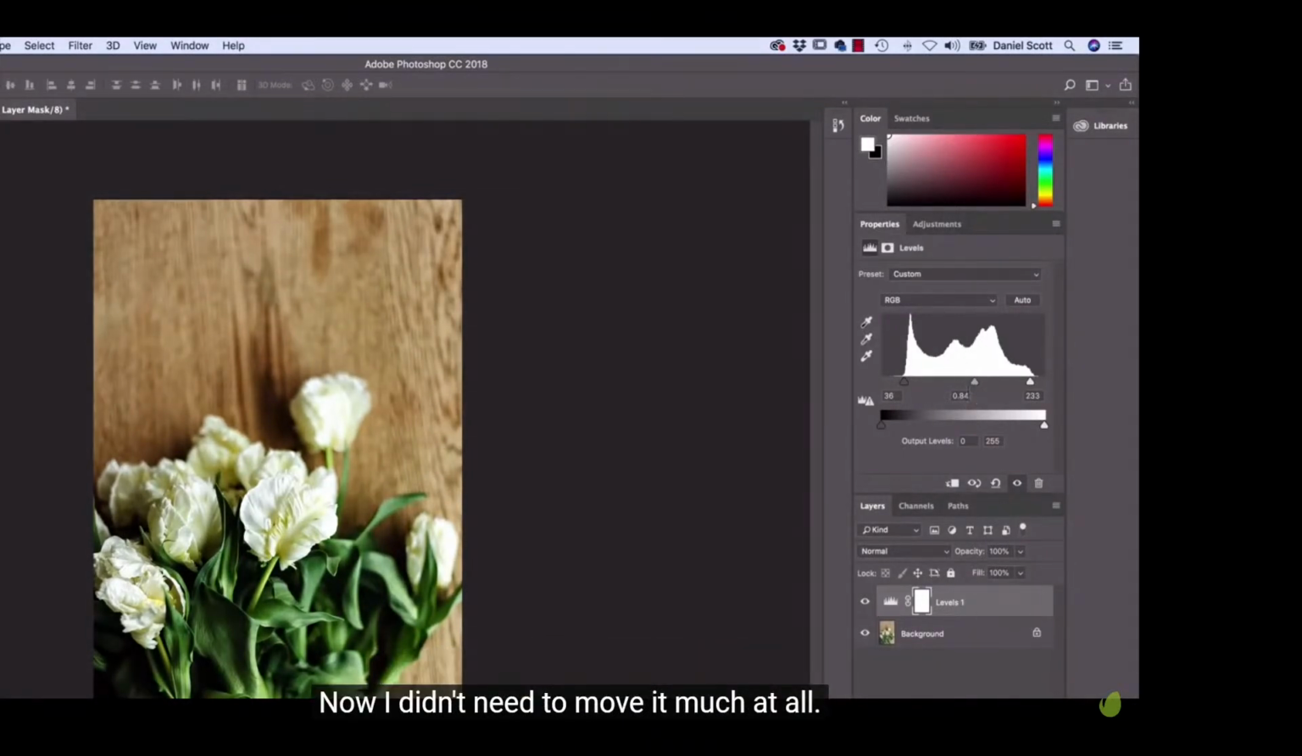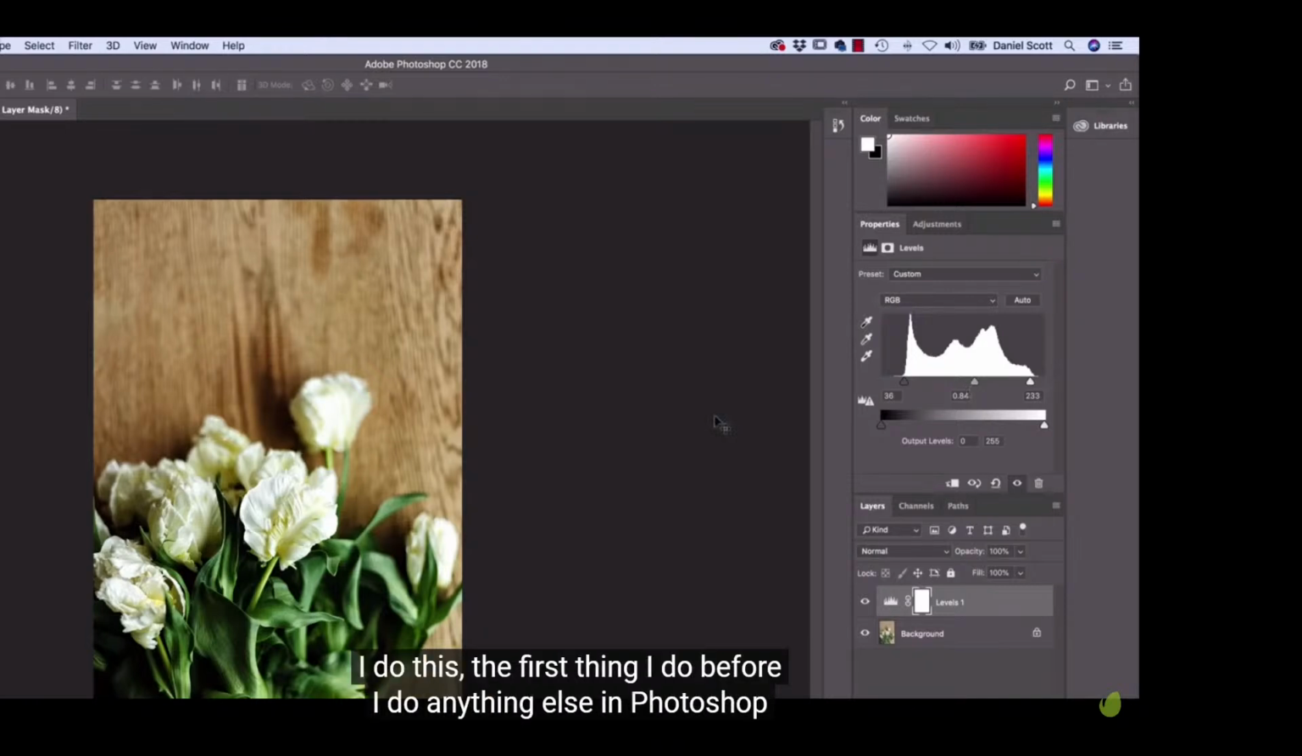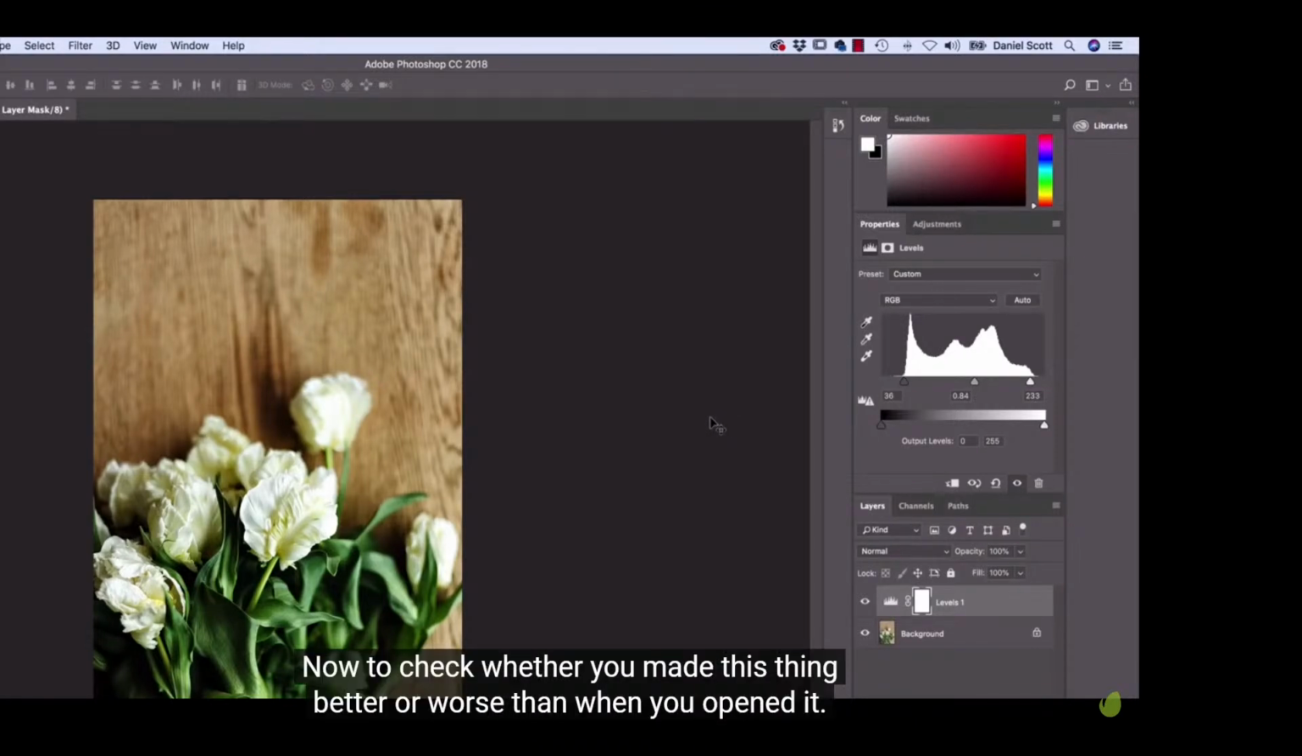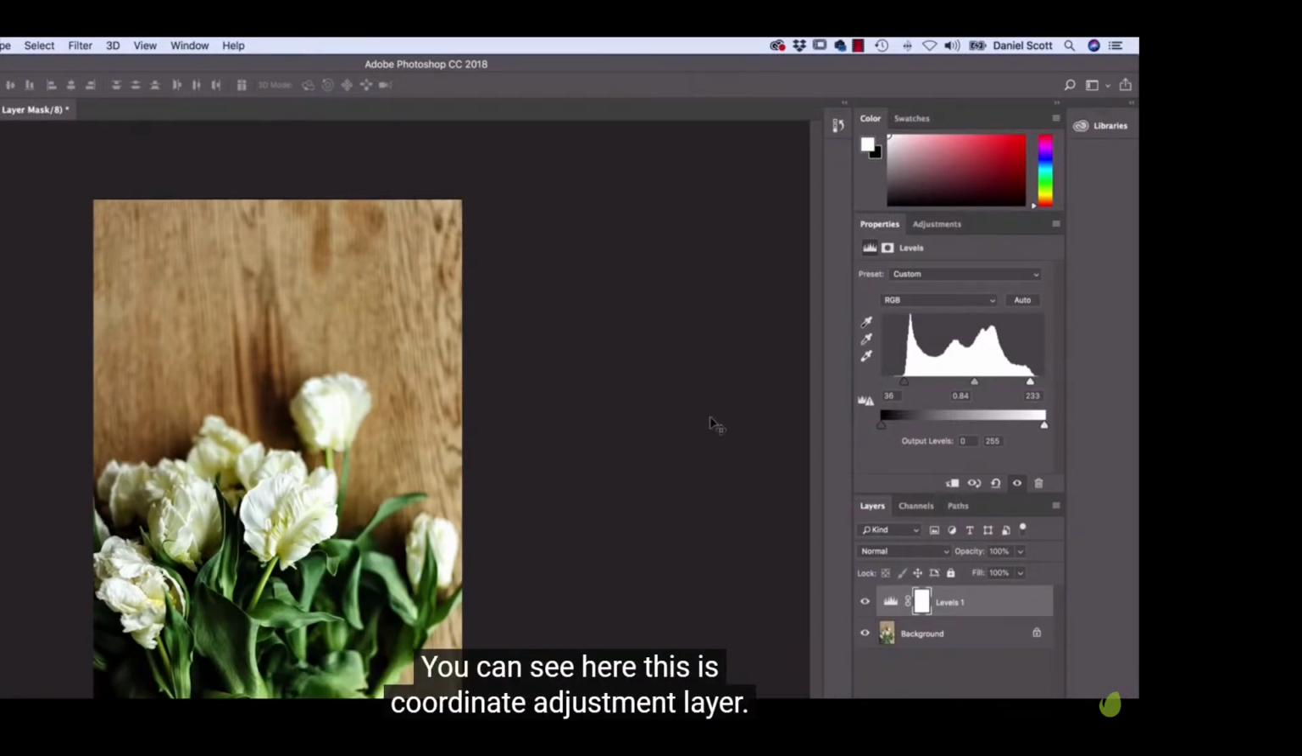Now, I didn't need to move it much at all. And that is correcting an image, kind of 101. The first thing I do before I do anything else in Photoshop is just get the levels right. Now to check whether you've made this better or worse than when you opened it, you can see here,